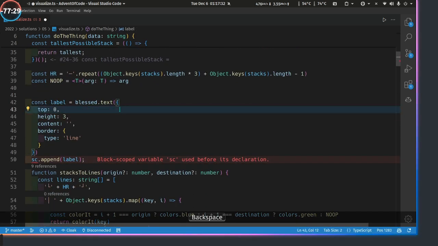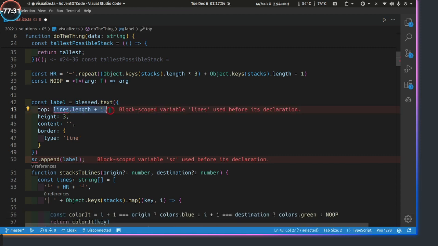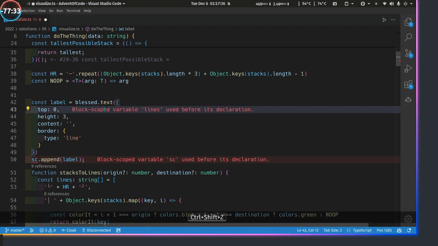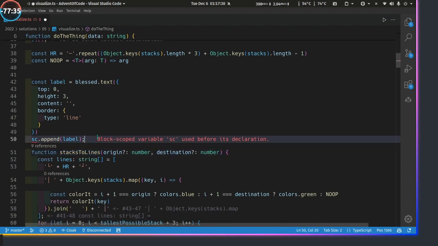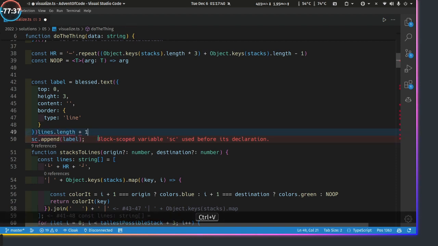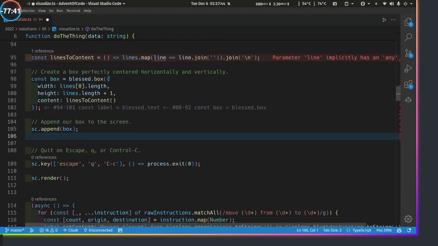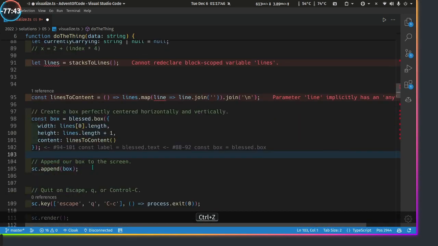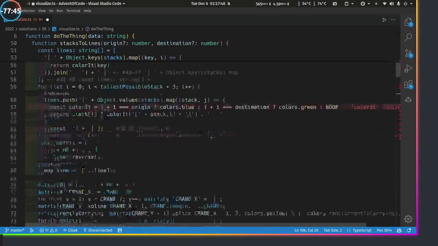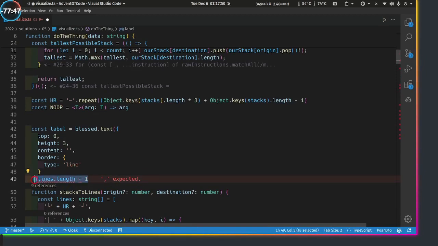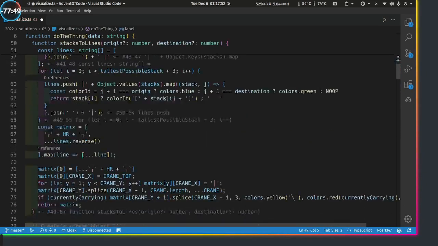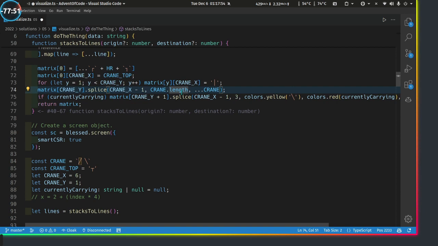Top 0. What was it actually, though? Lines length plus 1. Okay, we don't have a screen yet. All the way back down. Put that down there. There we go. Every time we do this, we say, great, before we do the great return,